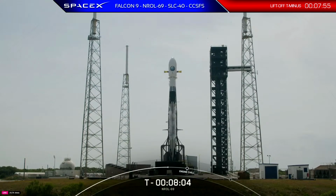Hey everyone, my name is Soumya Srivastava and I am a structures engineer here at SpaceX. Today's mission carries a national security payload designed, built, and operated by the National Reconnaissance Office, or the NRO. This mission continues the NRO's cutting-edge capability of building and developing the U.S. government's largest satellite constellation in history to deliver critical information that can only be obtained from the vantage point of